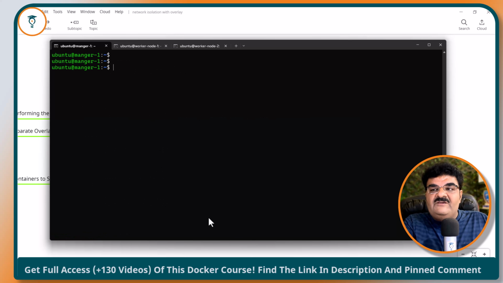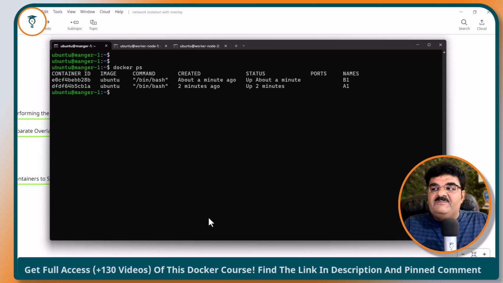So what we can do, let's give docker ps, I am going to connect with A1. Okay, so I am giving command docker attach A1. So now I am inside container A1. Now I want to verify IP. So if I give command ifconfig,